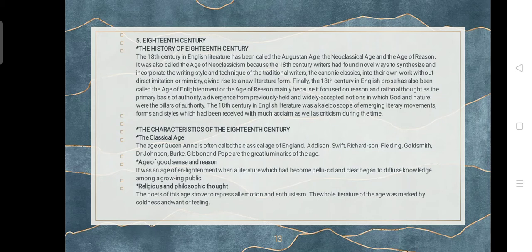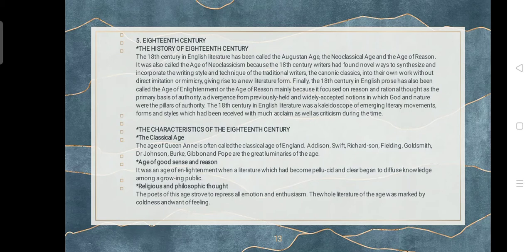Last, 18th century. The history of the 18th century. The 18th century in English literature has been called the Augustan Age, the Neoclassical Age, and the Age of Reason. It was also called the Age of Neoclassicism because the 18th century writers had found novel